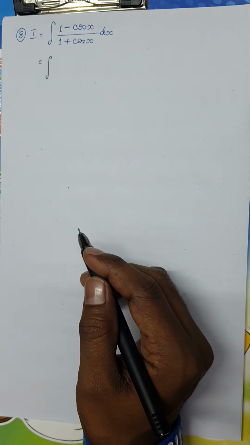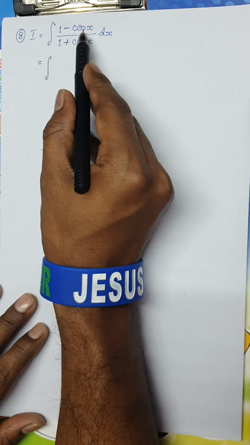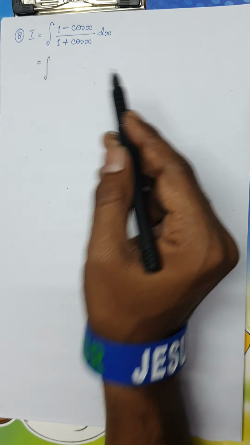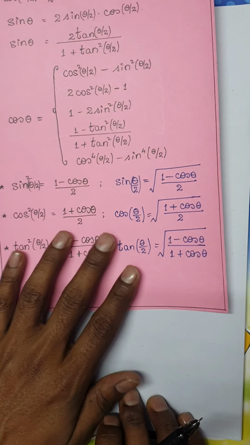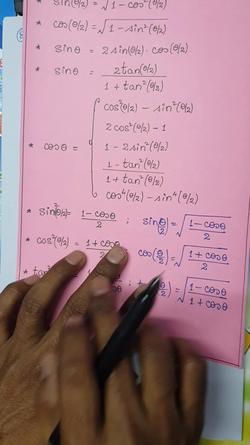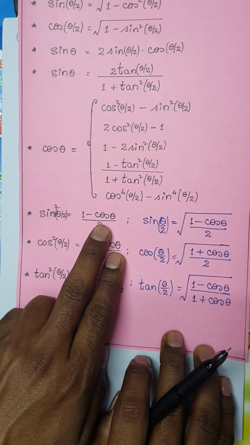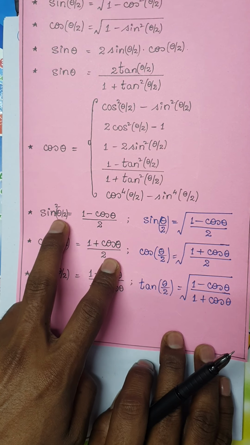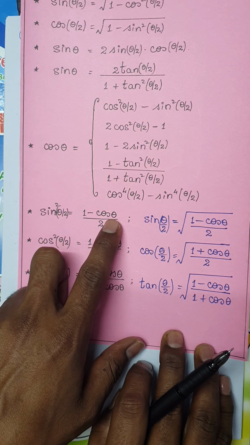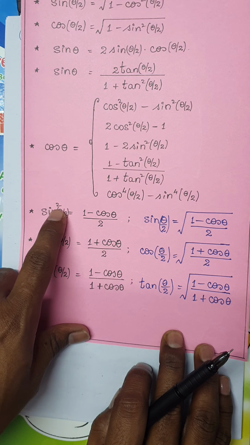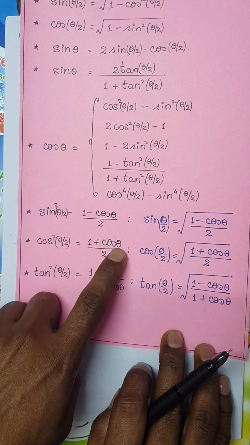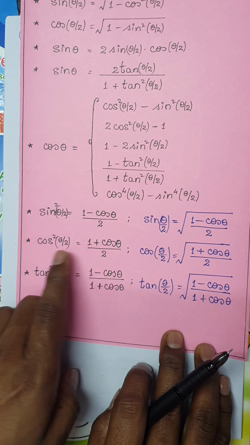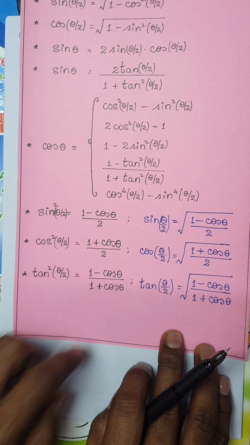Now look here, I hope you know the formula for 1 minus cos theta in terms of half angles. I've already dealt with these kinds of questions previously. Now we can see here 1 minus cos theta, in half angles, can be written as 2 sin square theta by 2. Is it clear? 1 minus cos theta is 2 sin square theta by 2. Similarly, 1 plus cos theta is 2 cos square theta by 2. If it is plus, it is cos square. If it is minus, it is sin square.